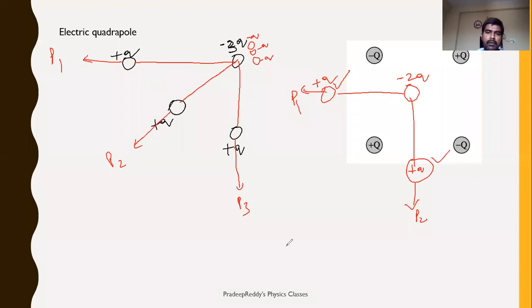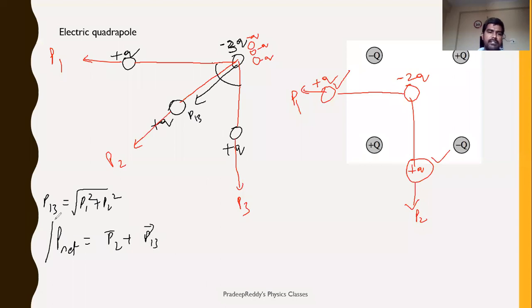Now here we have three dipoles, P1, P2 and P3. What I need to do, first find out the resultant of these two vectors, P1 and P3, right? P1 and P3 are making an angle of 90 degrees. So I will write it as P13, which is equal to square root of P1 square plus P3 square, since cos 90 will be 0. That is P13. And P13 will be in which direction? Obviously P13 will be in this direction. Now P13 and P2 both are in same direction. So I can write it as P net is equal to P2 bar plus P13 bar. This is the final net dipole moment formed because of those three charges. Clear?